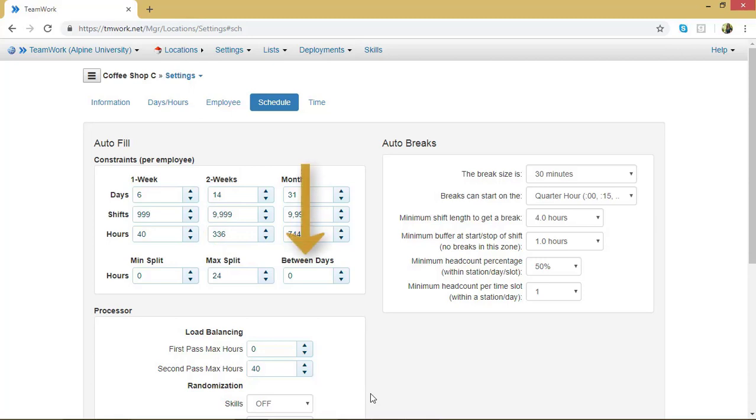Then you'll see the maximum number of hours you require between shifts between days. That last column is for employees who have long shifts, like 24 hours. How many hours do you require them to be off before they can work again? I'm going to go ahead and change that to 8. So those are the constraints per employee. Next, if I scroll down,